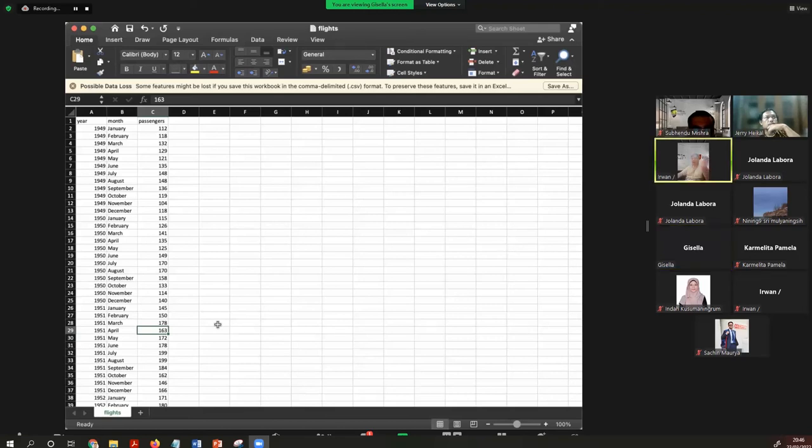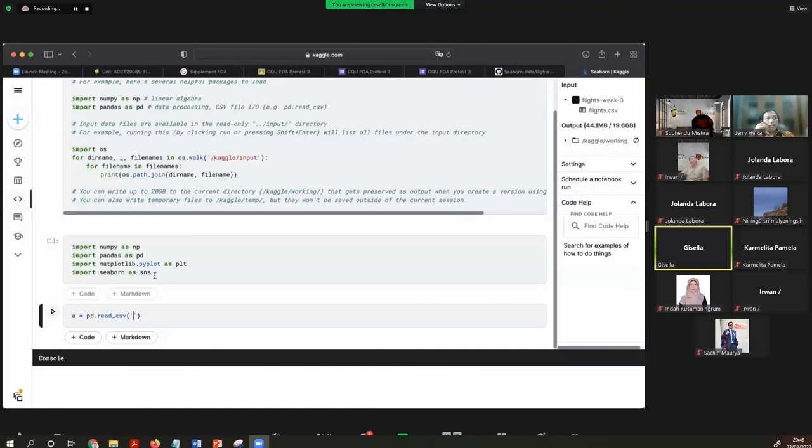I think you forgot to type the print. You just need to print a dot head. You haven't called the print. Open the Kaggle. Share screen the Kaggle. Enter again on the second row.